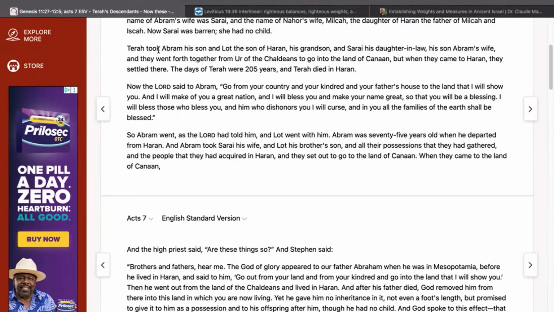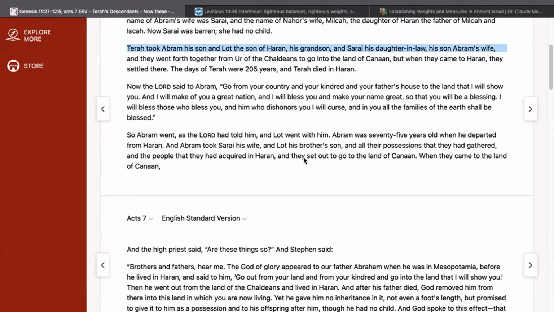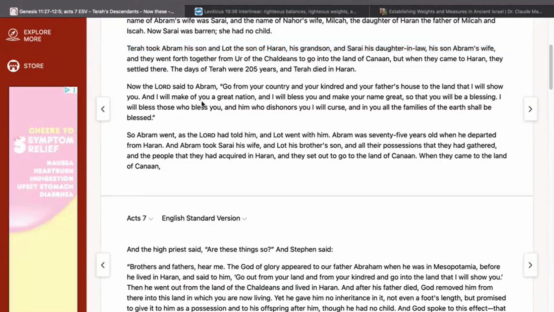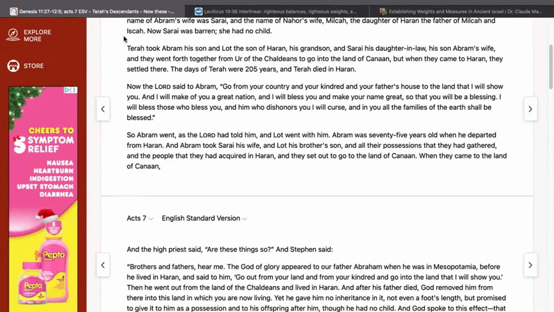Basically saying, not chronologically, as in Abraham left after Terah died at 205, but Abraham left after we are told in the story that this part of the story is told, and then this part of the story is told. That's the chronology. That's what I was trying to get at. And for those who are listening and not watching, I was pointing to the text, saying this paragraph comes before that paragraph.